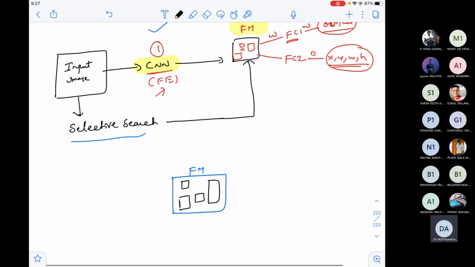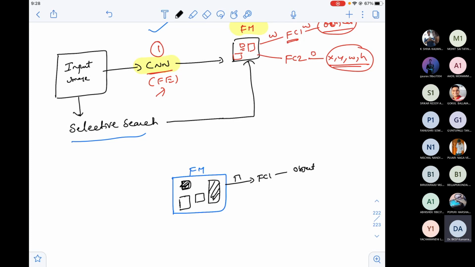See, it's basically the same thing, Nana. If I have proposed this portion of the image, I'll be giving it to FC1 and I'll be getting the object score. Now, if I take this box, it will have a different size. This is a small box, and when this is connected to this, I'll have a bigger box. Then what happens, guys? The number of weights between this guy and this guy will be less. The number of weights between this guy and this guy will be high. Yes or no? Because the box is bigger, the corresponding weights also will be high.